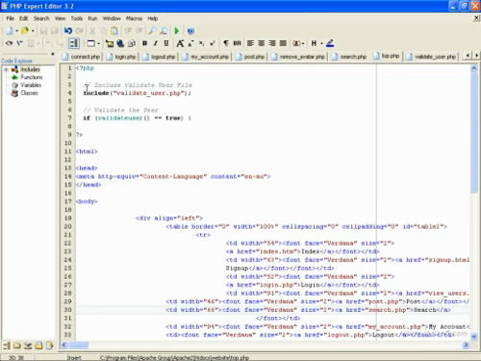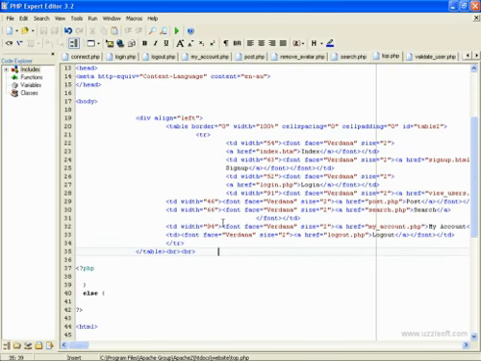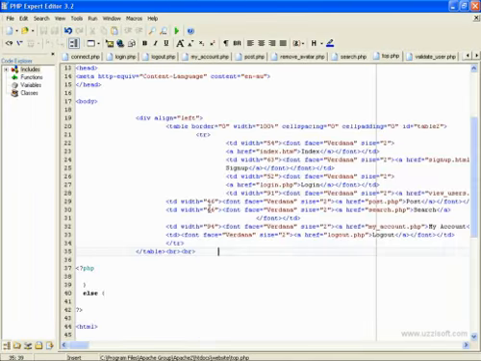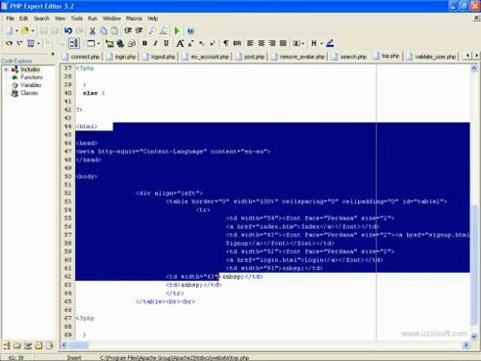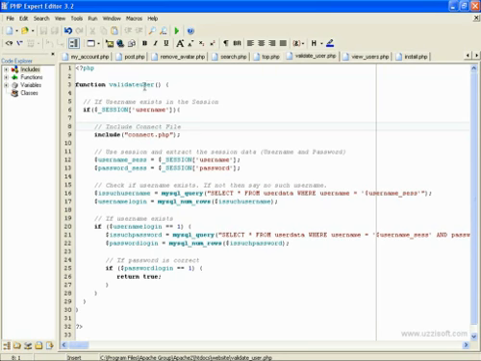Okay, top.php, we include a validate user file, so validate user.php, and this is the function which was before in login. So this just says if it's true, then we've got this HTML, which was all of this, the menu, and else this will display the old menu, which was before we were logged in. Okay, so this is the function validate user. If there's a username variable in the session, we include